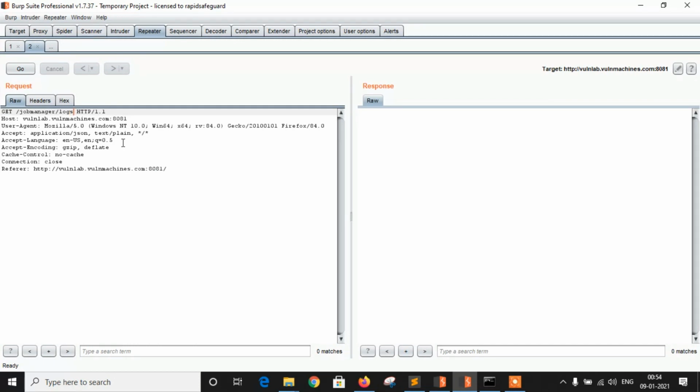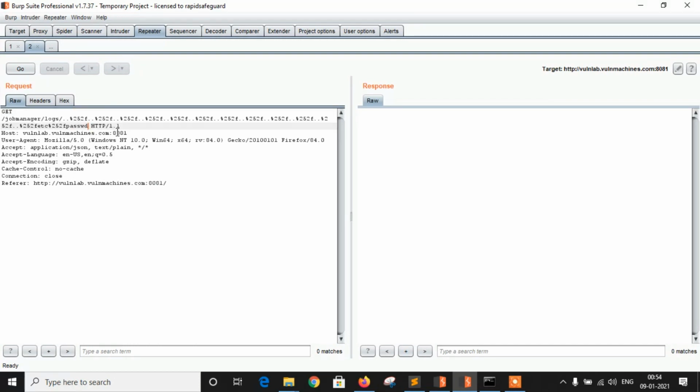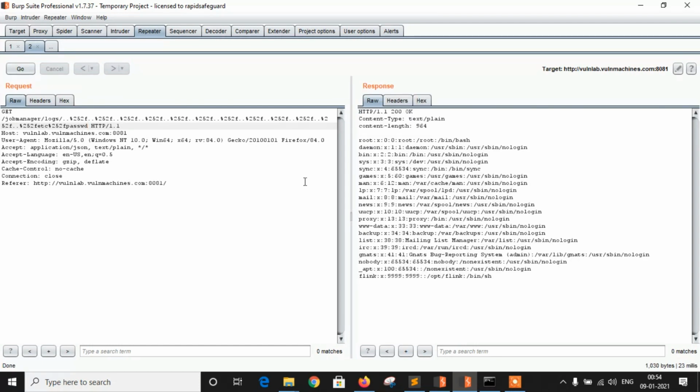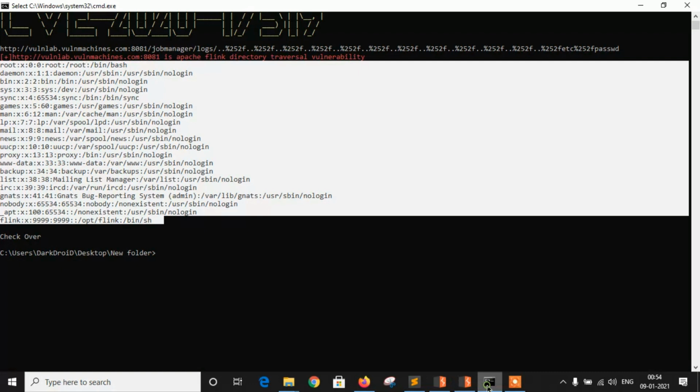So I'm giving the payload here and see the output. 200 OK, and using Burp Suite we can see, this is the 10 times as I mentioned earlier. This kind of payload is most used.